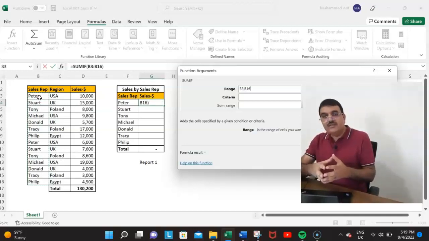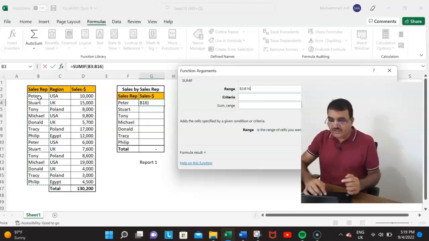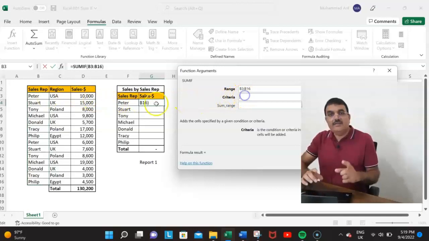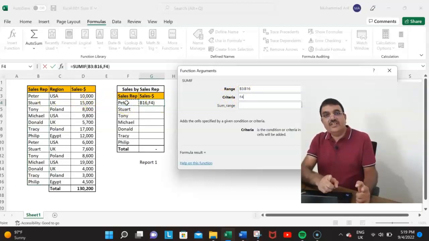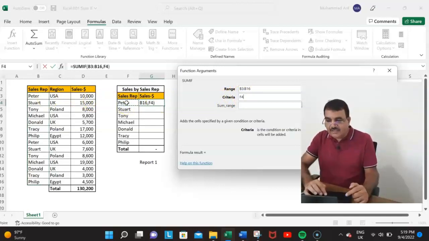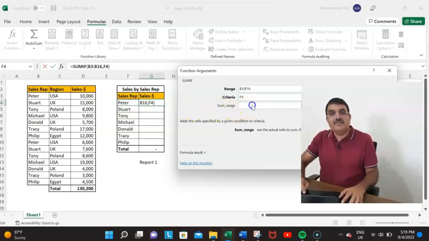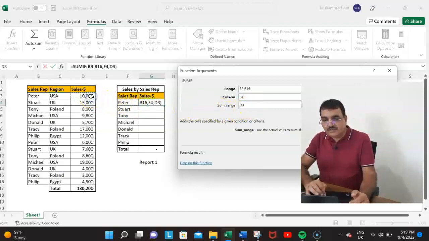This means that we want our formula to fulfill one condition or match one criteria, which is sales rep name, with the criteria range column and return the sum of the sales made by Peter into this cell,